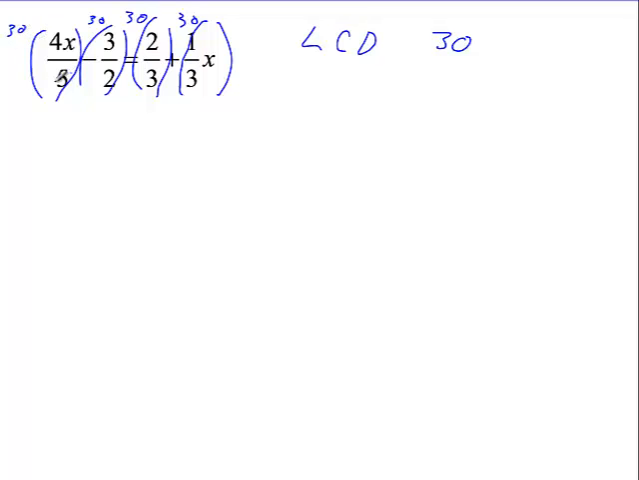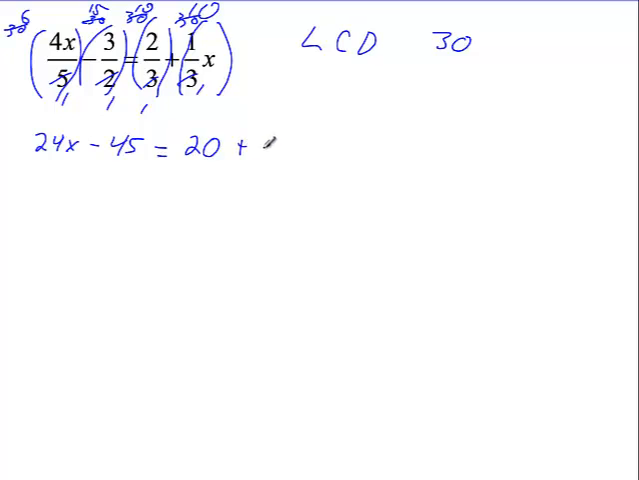30 and 5 can reduce to become 1 and 6. 2 and 30 can reduce to become 1 and 15. 3 and 30 can reduce to become 1 and 10. And 3 can reduce with 30 to become 1 and 10. Now that our denominators are all 1s, we don't need them any longer. So we can multiply 6 times 4x is 24x. 15 times negative 3 is negative 45, which is equal to 10 times 2 is 20, plus 10 times 1